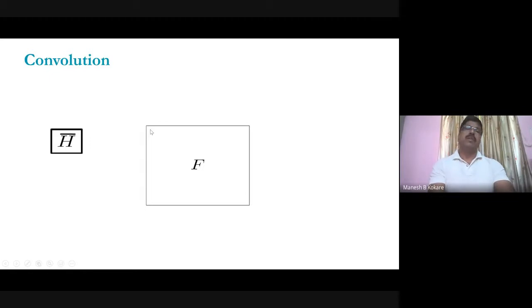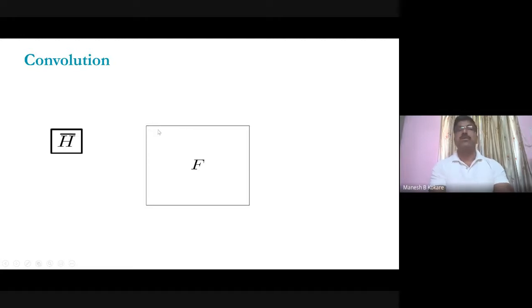Okay, so then when you are considering the pixel under consideration, the center of this mask will be kept, and then you have to do the multiplication of the weight of this mask with the intensity of the image. So for the entire window, you have to multiply the weight with the pixel intensity, and then finally you have to add. This modified value will be considered as the first coefficient of the filtered image, and then after that you have to shift your mask to the right by one column.